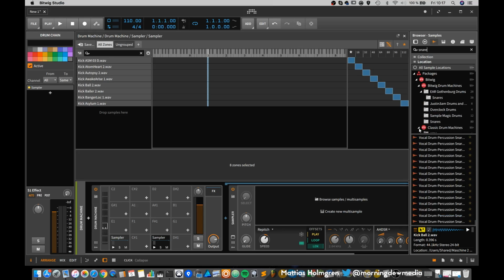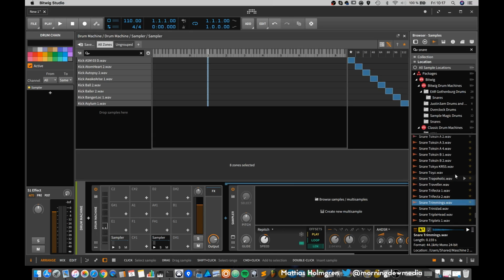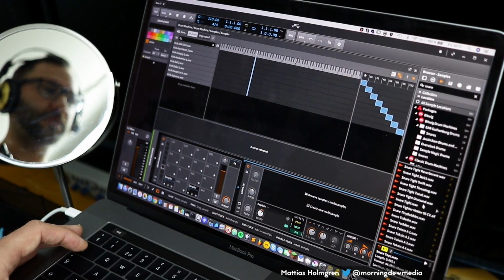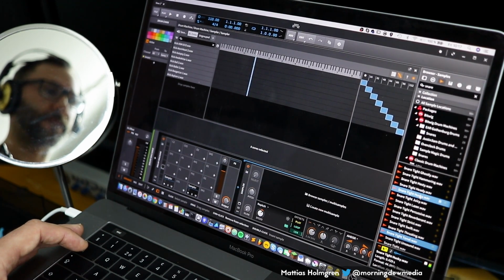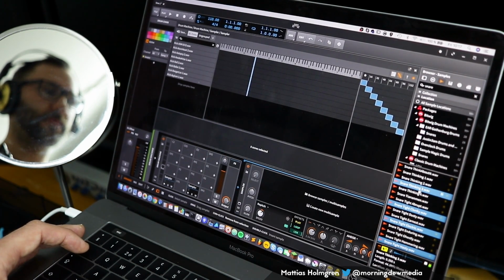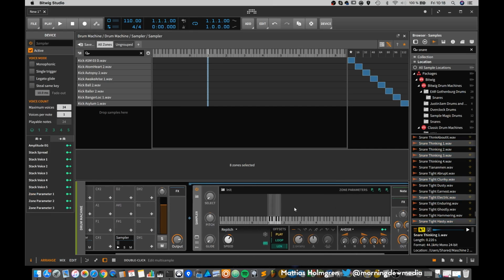Search for snares. And see if we can find. And select 8 different snares. Yeah, something like that. And drag them into this snare sample.